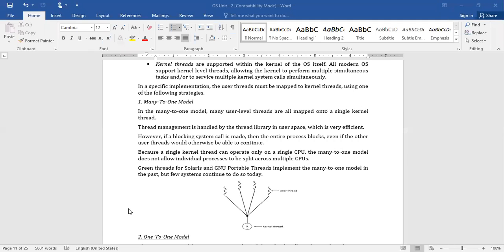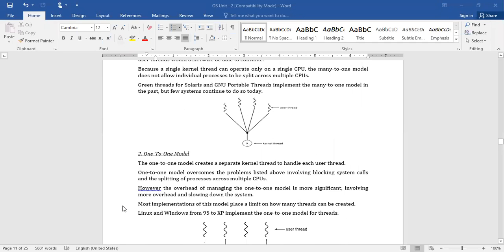So in the many-to-one model, all the user threads are mapped to the single kernel thread. If any one of the user threads makes a blocking system call, the entire process is blocked, even though other threads could continue their execution.